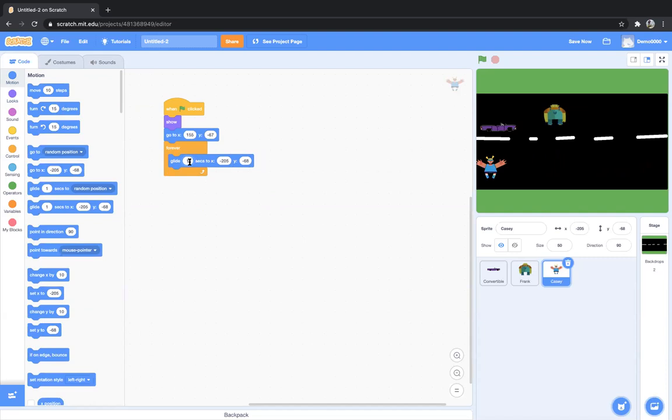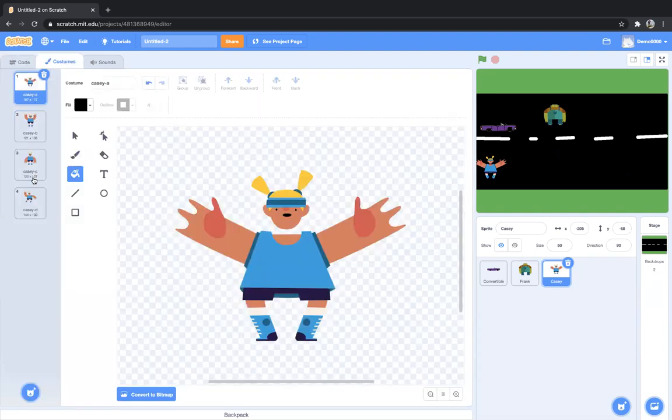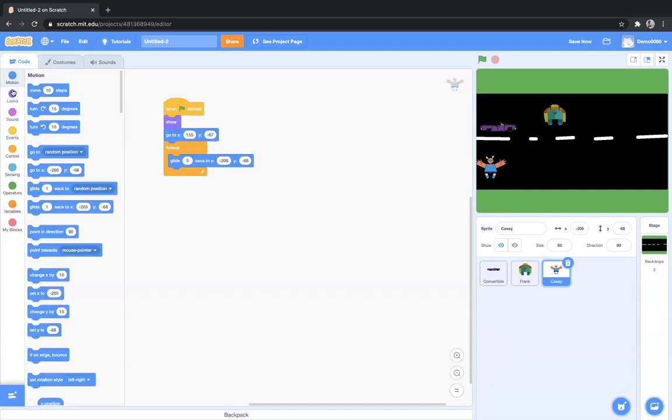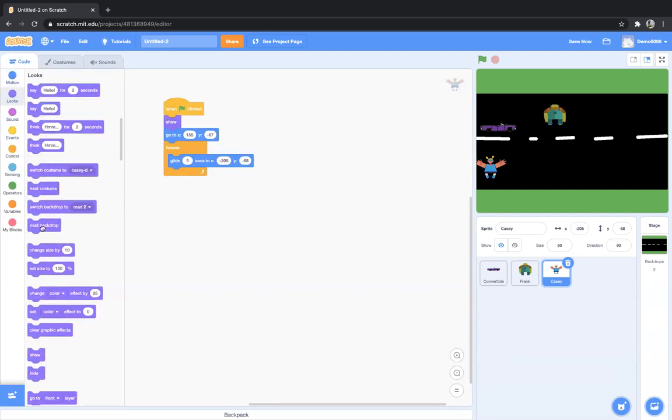Now instead of 1, I'll slow it down a bit and make it 5. Now I'll go to costumes. See, Casey also has 4 different costumes. So I'll go to code again, go to looks, and use the block next costume and place it here. Now again I want Casey to reappear from the right hand part. So I'll just take Casey and place it here.